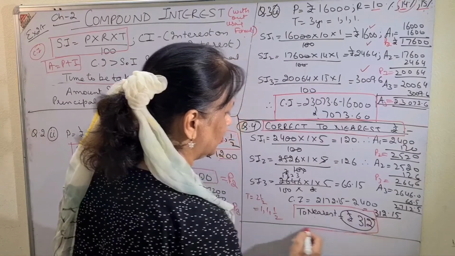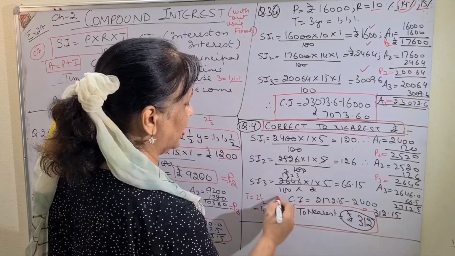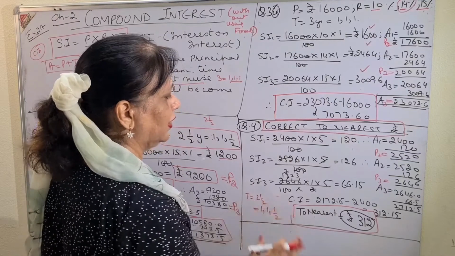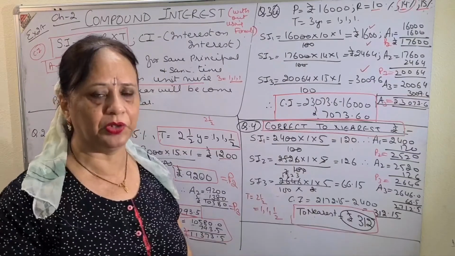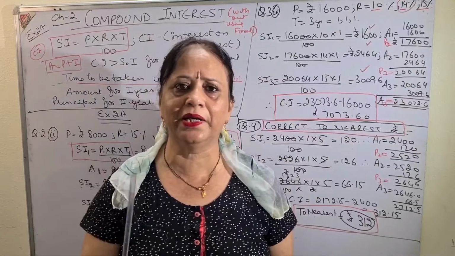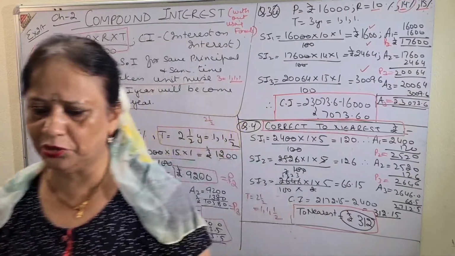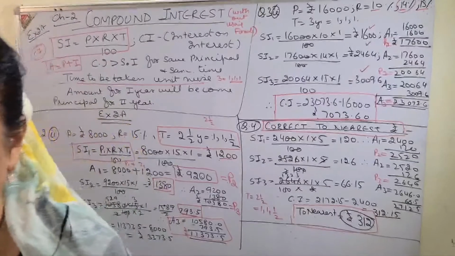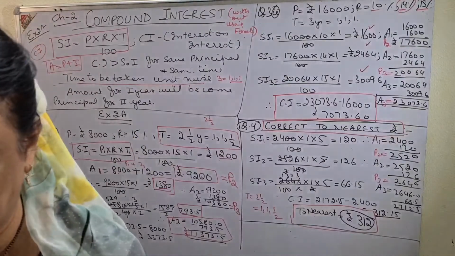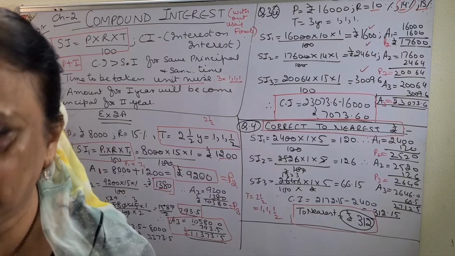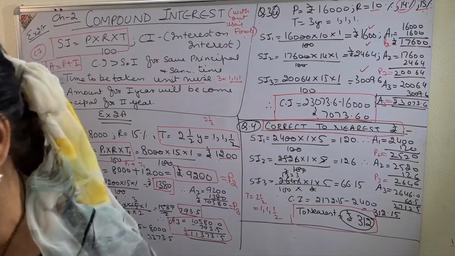If you do not do this step, you will get 3 marks out of 4, because a full 1 mark is deducted from here. That is why I attempted this question, because you must know about it. Writing to the nearest rupee, be very careful, and in the question also please underline it. Question number 4, correct to the nearest rupee, page 28. Please underline these 2-3 words, so that when you do the sums, you are careful about it.